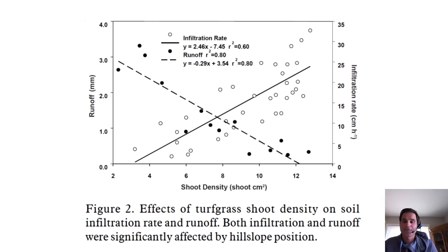We're going to change gears here a bit, and we went from a nice pretty picture to kind of an intimidating scientific figure here. But this is a relationship that was developed by a coworker of mine, Zach Easton, who's now at Virginia Tech University, and he's showing here the density of shoots per square centimeter. As that increases from 2 in this graph to 14 along the x-axis, you can see two things